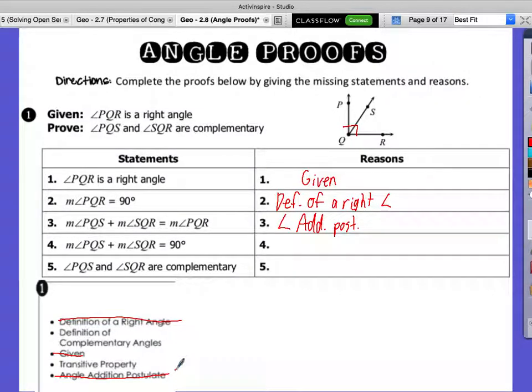So if we're using a definition here, are we going to use a definition here? No, because we only have one left. So we're going to use our transitive property. Transitive property tells us, hey,